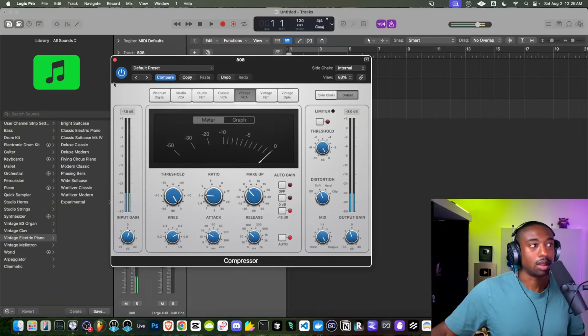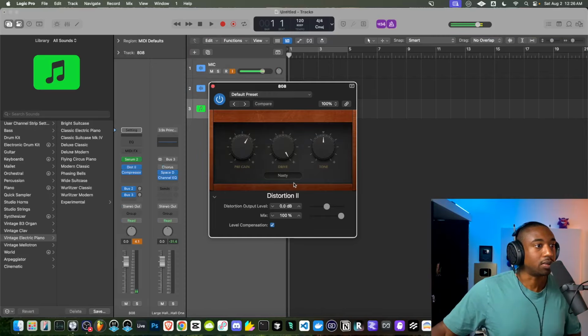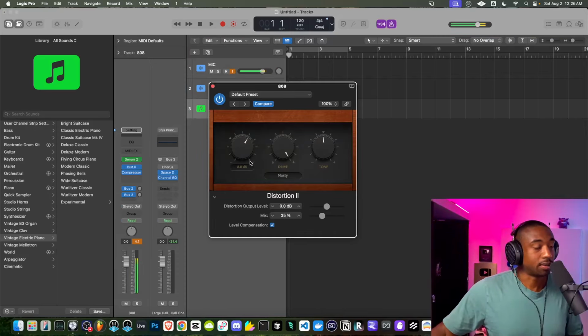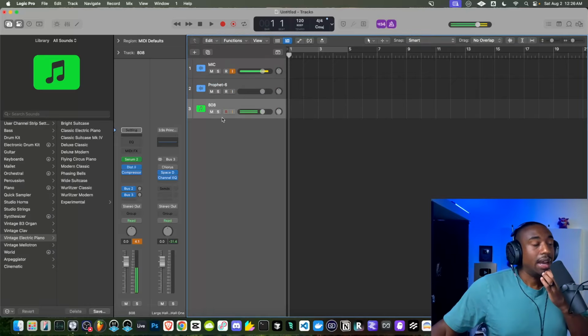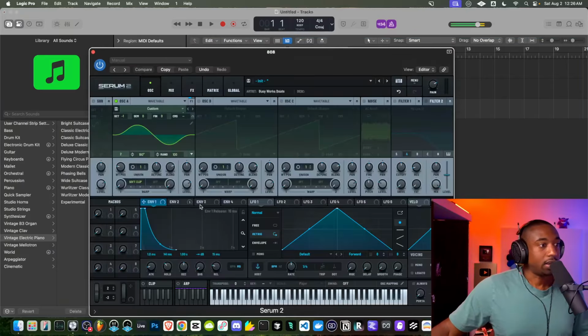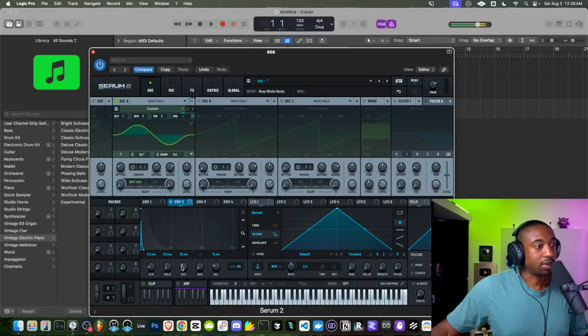Now the distortion is a little heavy-handed, so let's pull back that mix level. So at this point, as you guys can hear, it's really about fine-tuning all these effects. Just messing with a bunch of knobs at this point. And now we get to define the characteristics of the 808. So we can always go back to the 808. So let's say it's not punchy enough. We can mess with the decay curvature over the pitch.